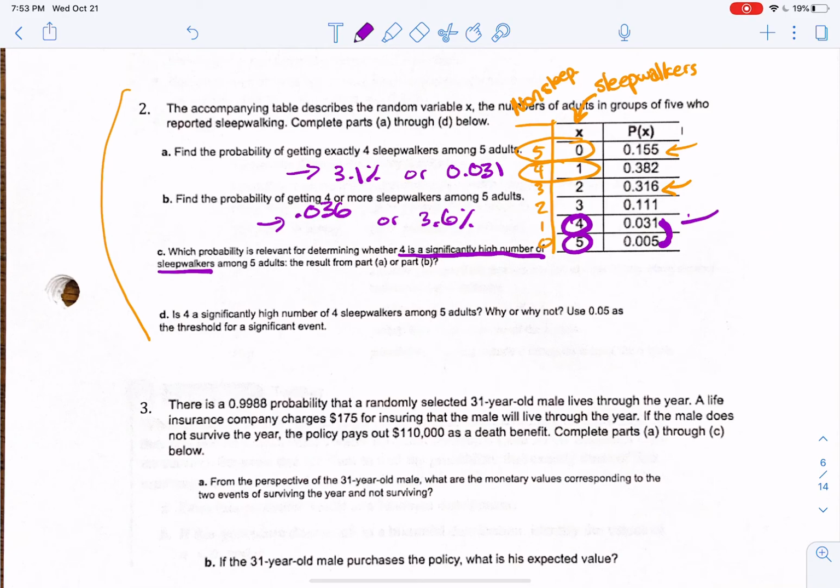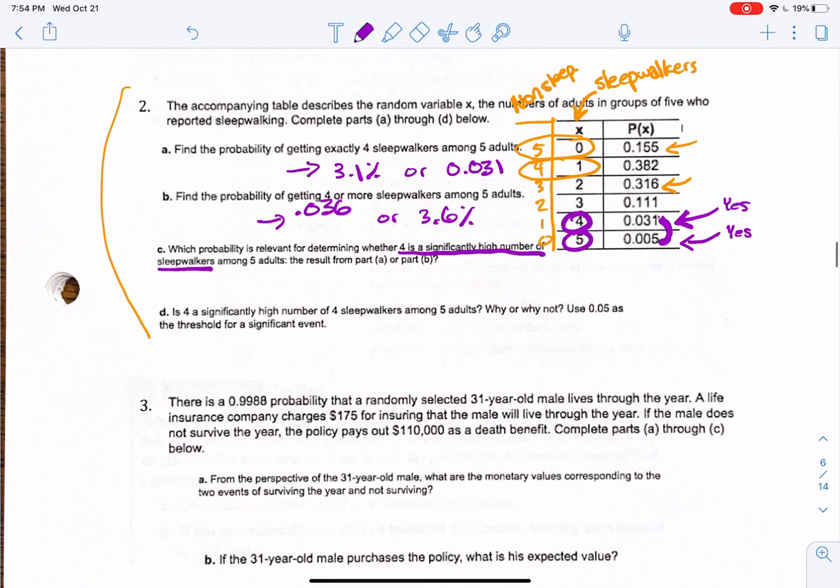Basically, we ask ourselves, does this number reflect 4 sleepwalkers? Yes, it does. Does this number reflect 4 sleepwalkers? Yes, it does. It reflects 5 sleepwalkers. The last person being a sleepwalker is just an added bonus, but both of these together is the number that I want to go off of when I'm determining whether 4 is significantly high or not. So I look at part B,